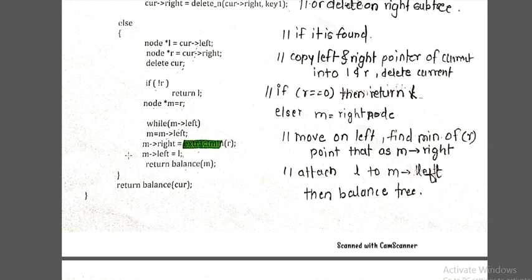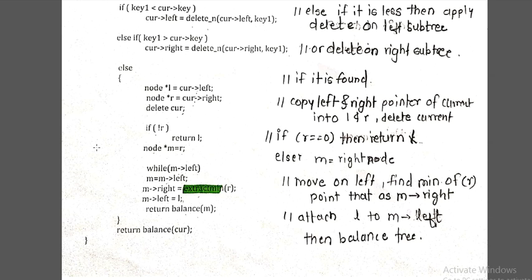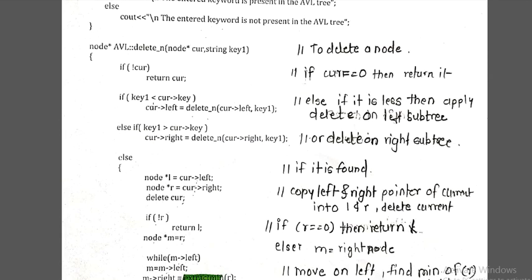After doing that, we need to check again whether the tree is balanced or not. Here we apply balance on the node which we have changed. Which node are we changing? M, that is the right node from which the node is deleted. We are changing that node, so we need to balance it. So here is the delete operation. When our keys get matched, we have to balance, and after this the whole tree should get balanced, because the balance factor of M is changed. It may happen that the balance factor of the nodes above is also going to change, so again you have to balance. So balance is called two times.